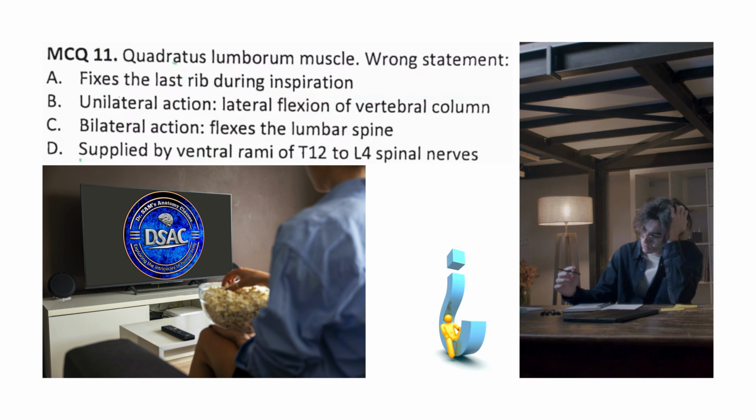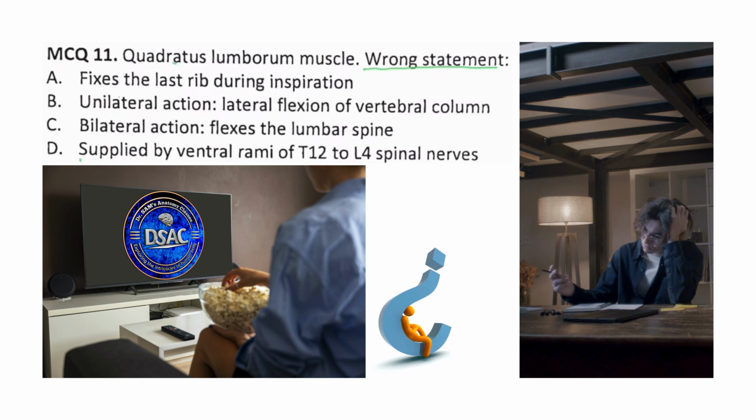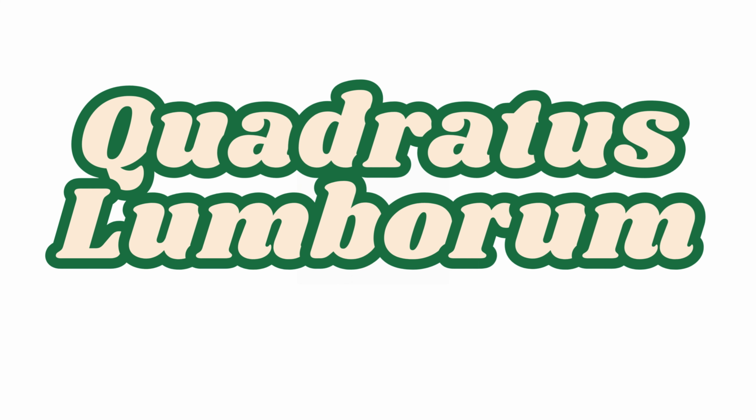Question number 11. Quadratus lumborum muscle, which is the wrong statement? It fixes the last rib during inspiration. Unilateral action is it causes lateral flexion of the vertebral column. Bilateral action is it flexes the lumbar spine. It is supplied by ventral rami of T12 to L4 spinal nerves. Now this muscle, quadratus lumborum,